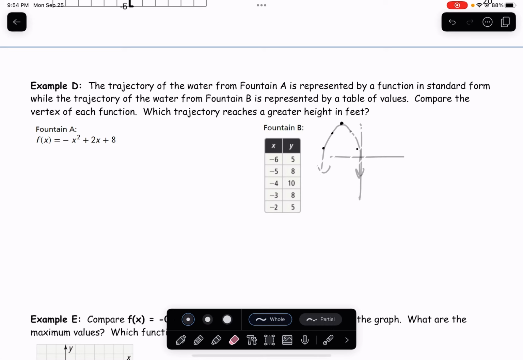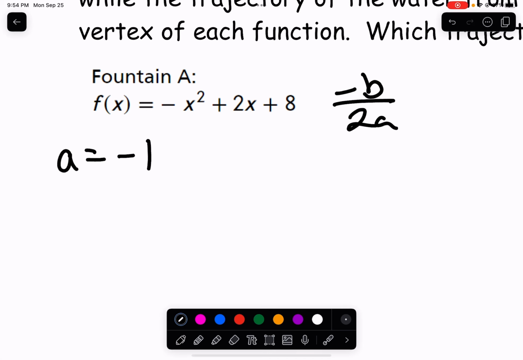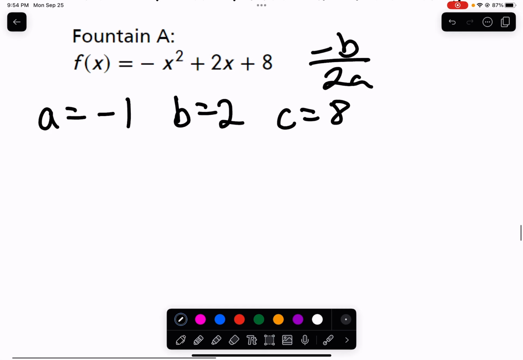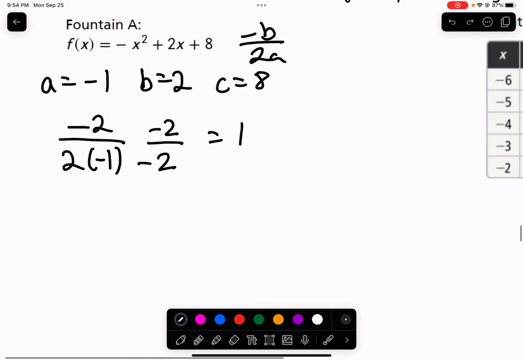So if we go ahead and take a look at A, again, to find the vertex, we need -b all over 2a, okay? So our A value is our coefficient on our x squared, so that's going to be -1. Our B value is 2, and our C value is 8. So we're going to go ahead and plug this in, and we get -2 over 2 times -1, which gives me -2 over -2, which gives me 1, okay? So this is my axis of symmetry,